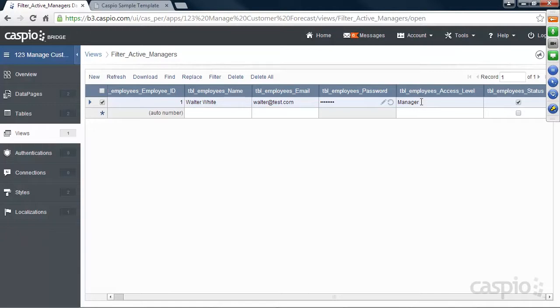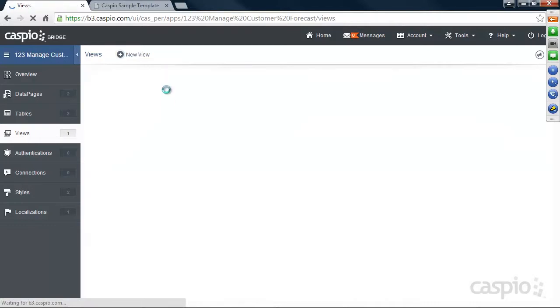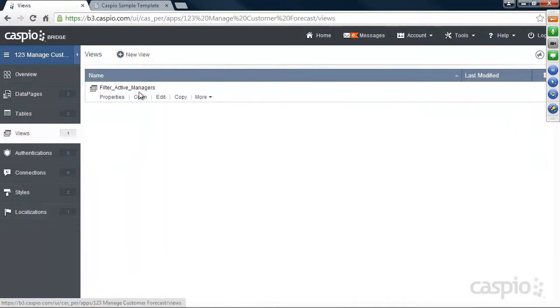Alright, so that's one view, filter out active managers. Second view, we need to filter out active employees. So click on new again,